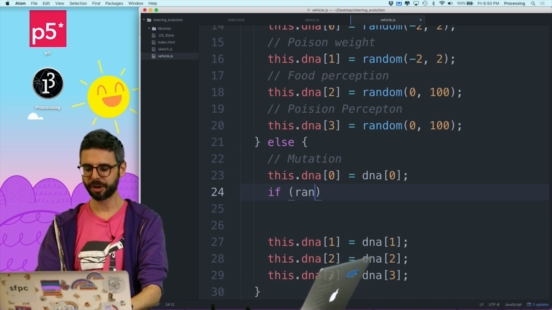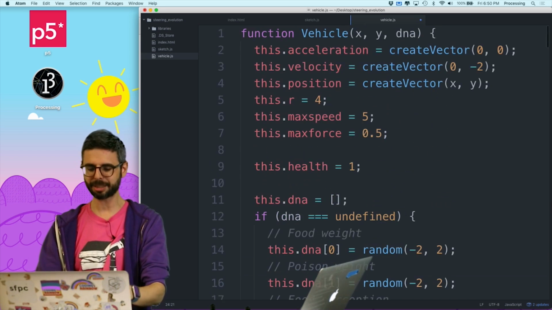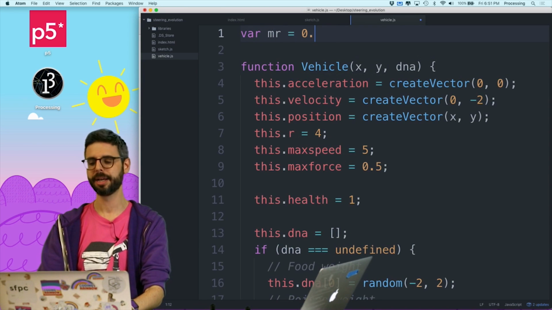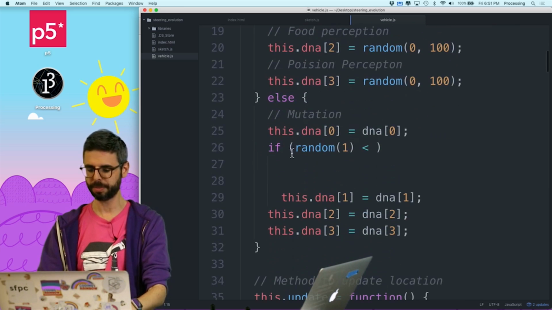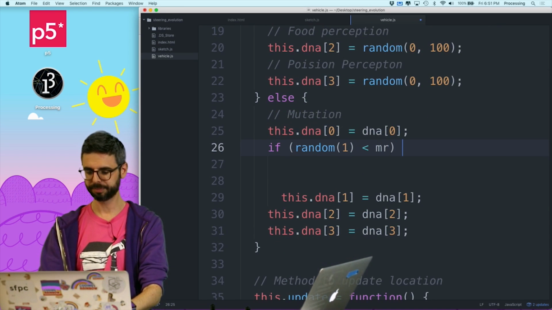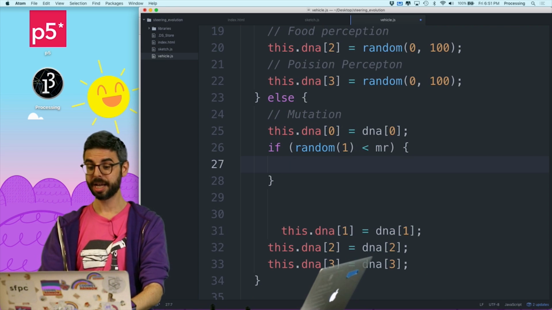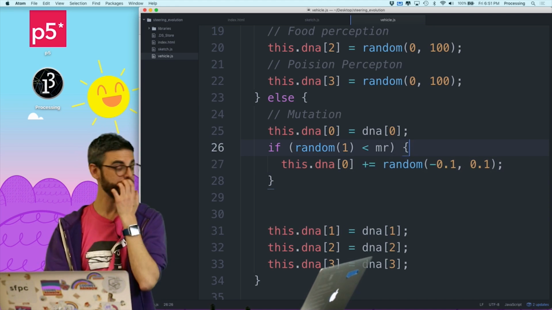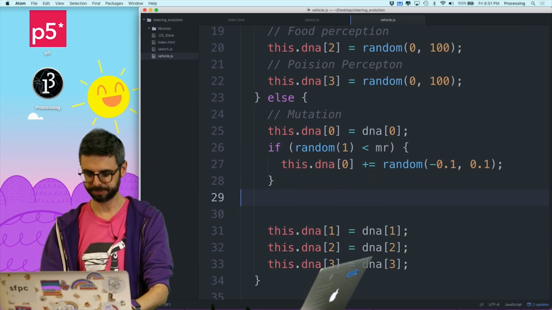I'm going to say if random(1) is less than, and let's make a global variable. I'm going to call it MR for mutation rate. There's a 1% mutation rate, which is probably too low. If random(1) is less than the mutation rate, then this.DNA[0] is adjusted by some tiny amount between negative 0.1 and 0.1.